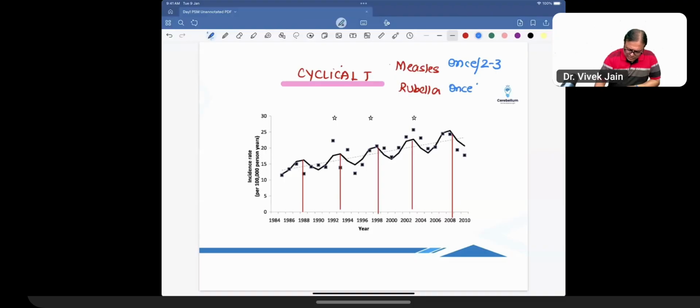Rubella is once every 5 to 8 years. Some books say 4 to 6. That is also correct. 5 to 8 years. And which disease shows maximum cyclical trends and why? Yes, this is more likely to be rubella. Influenza shows maximum cyclical trends because it has